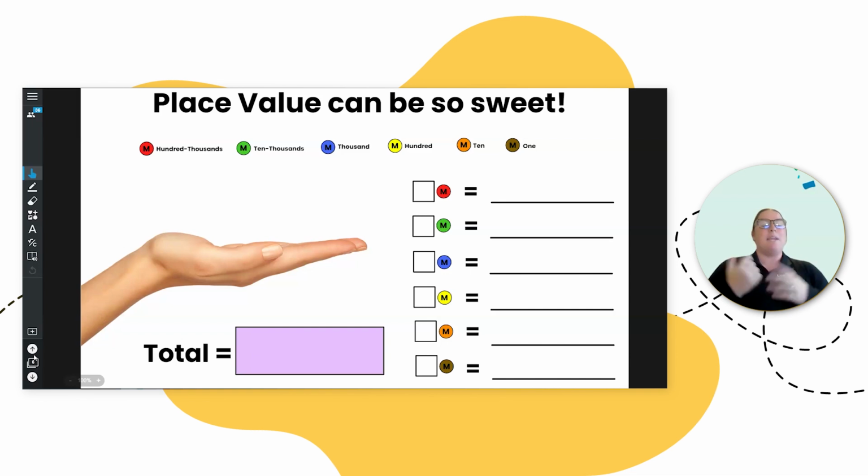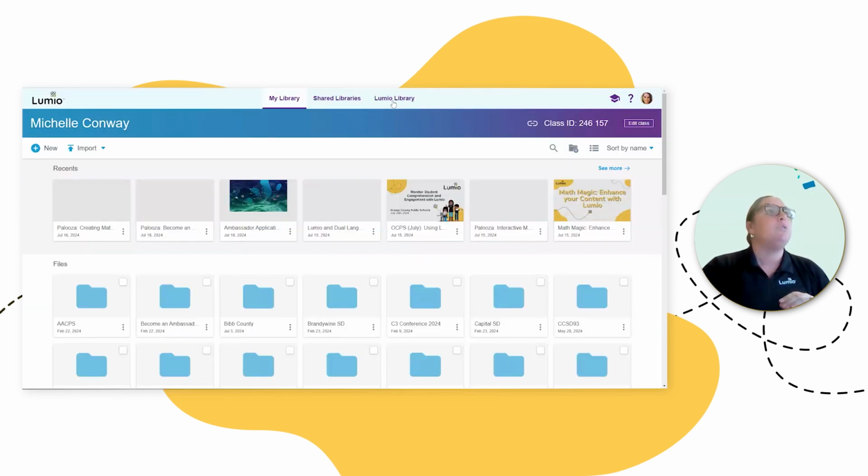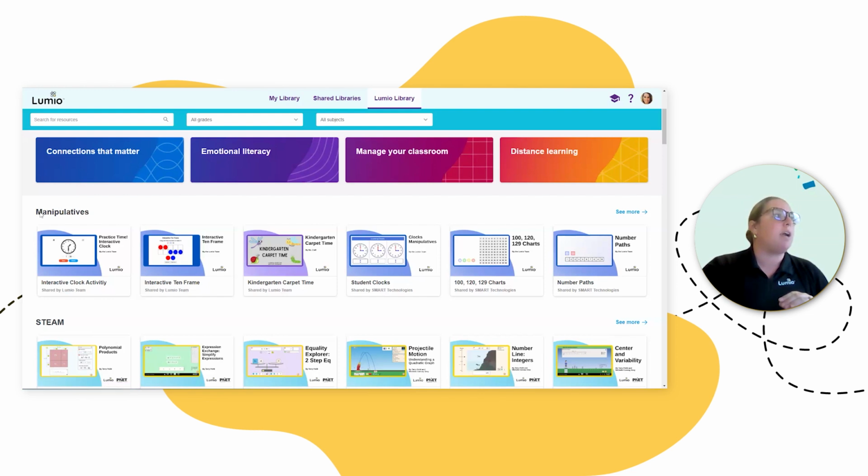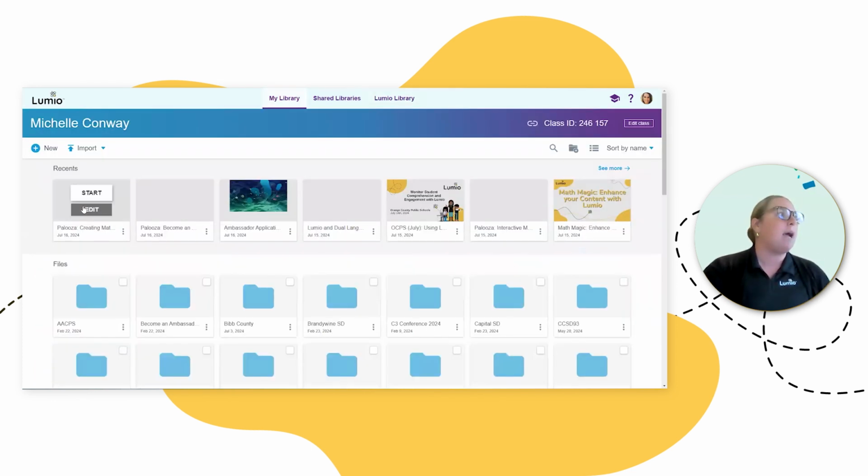So manipulatives. Manipulatives are huge in elementary school math. We do use them in secondary too, but in elementary, I feel like you really hone in on manipulatives. So I'm just going to pop out real quick. It will say waiting for teacher for just a second. You'll notice in our Lumio library that there is a full library for manipulatives. So if you feel like, hey, I want to find something like a numbers path to match the manipulatives in front of my kids, check out these manipulatives in this Lumio library, okay? I'm going to hop back in my file now, so that will change your screen again back to me.